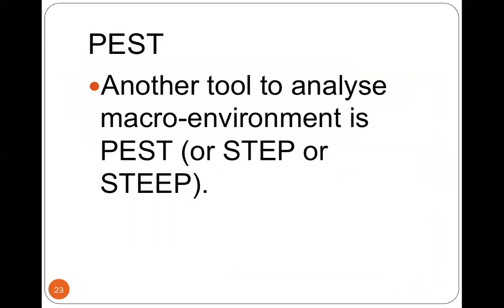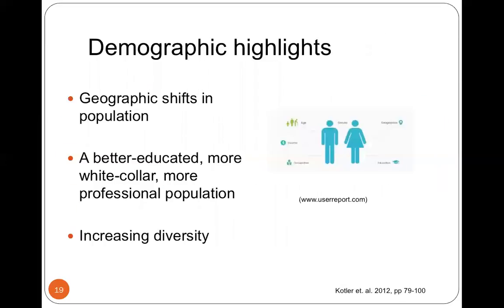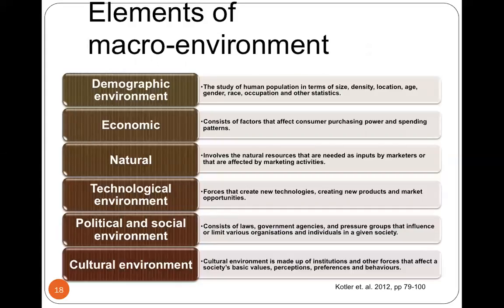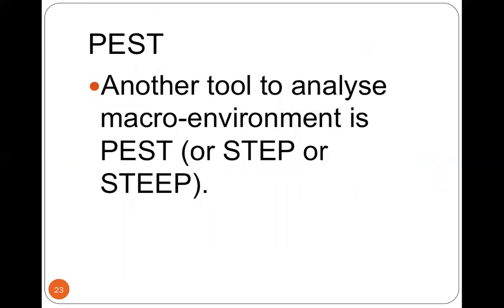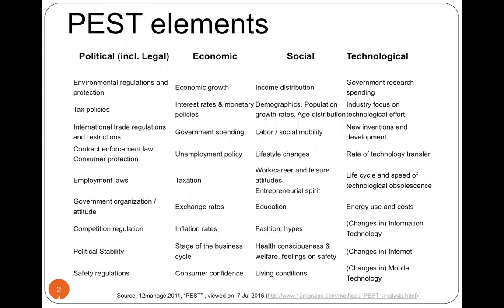And look, we can also use what we call PEST to encapsulate all 6 elements that we just discussed before. Let me go back. There are 6 elements here under macro environmental forces. We can also use PEST to summarize them. It stands for political, economic, social, and technological. Some scholars call it STEP or STEEP or PESTEL. They're the same thing. So this is a laundry list, a shopping list, if you like, a long list of political, economic, social, and technological factors.